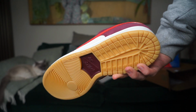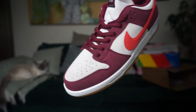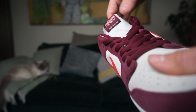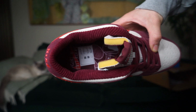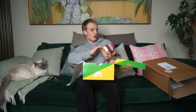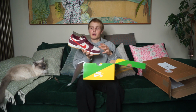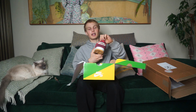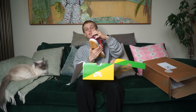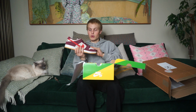and maroon hit. Basically the shoe is all maroon and an off-white tan colour with the corduroy as well, so you've got that white midsole, and then you've got the maroon base, or plum, whatever you want to call it, and then you've got this really light grey or cream hits throughout. Contrasting this is this beautiful orange swoosh, but they've gone for corduroy material, which I think is a really nice touch, and then Nike in the back in a sort of handwritten writing, giving it a personal touch, and then you've got their logo on the back, and Skate Like a Girl on the tongue with another corduroy material